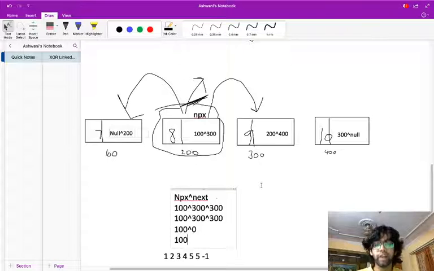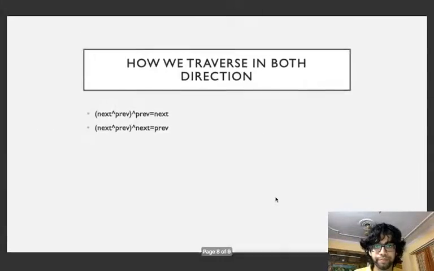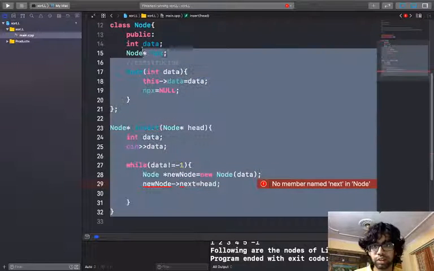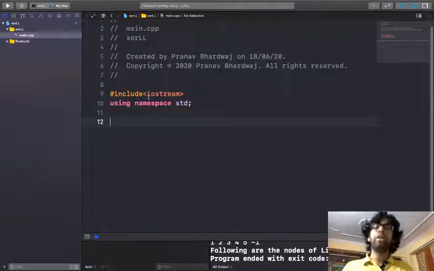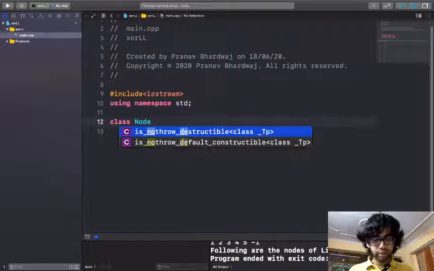So now we have understood the basic operations in the XOR or memory efficient linked list. So let's just move to the coding part. Okay, let me just start again. Hashtag include. Okay, so let's first make our node class, node.